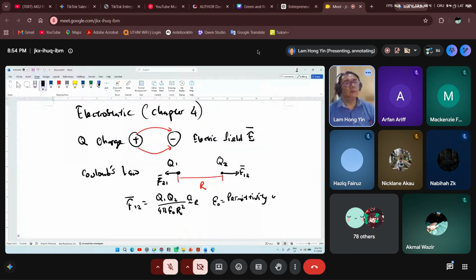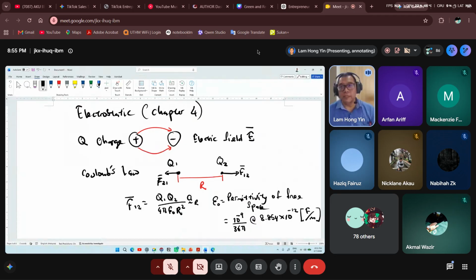Permittivity of free space. Epsilon is the permittivity of free space, a constant. You can use either 10 to the power of negative 9 divided by 36 pi, or you can use 8.854 times 10 to the power of negative 12. The unit will be farad per meter. Now,